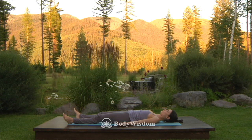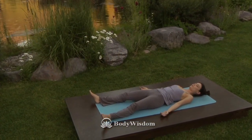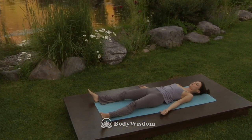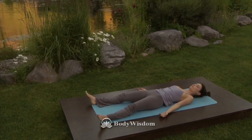Allow your awareness to travel and to notice all the nuances of sensations along the skin or within the body. If your mind begins to wander, gently bring it back to the sensations of the body. Let thoughts go as easily as they arise. Notice your sensations without any judgment, simply taking them into your attention and letting them go, moving on to the